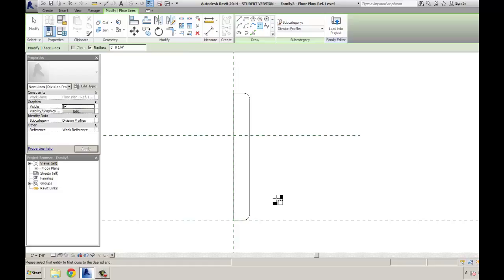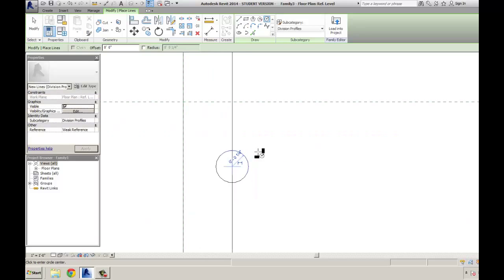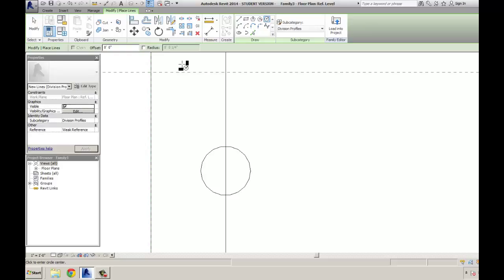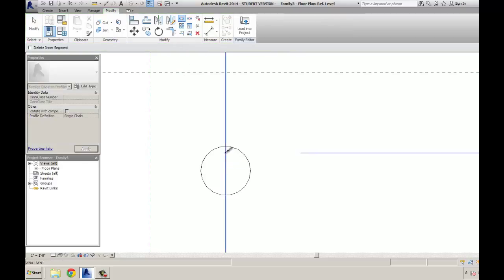Now I'm going to draw a circle right in the center. It'll come out here 1/4 of an inch radius, so it's a 1/2 inch round. Now I want to split this. So I'm going to take this split tool, and I'm just going to select from this point to this point,